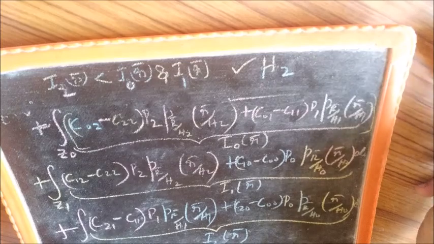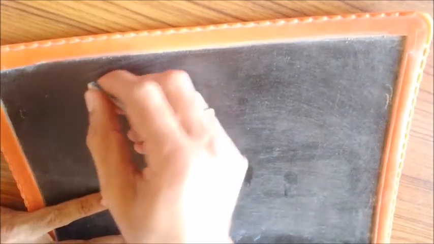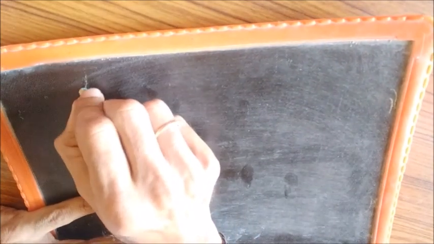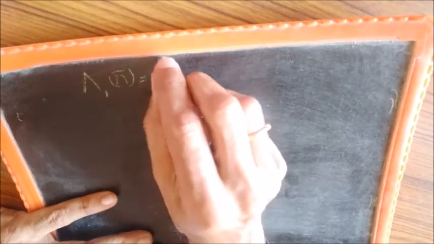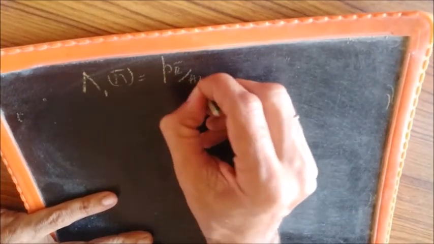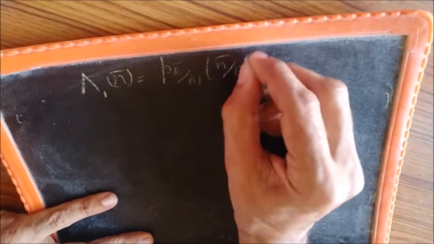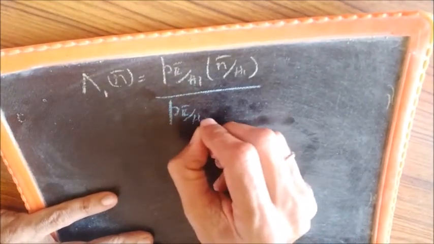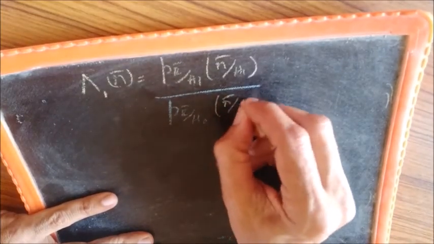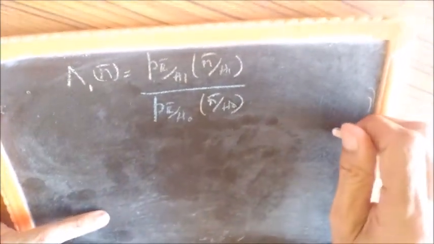Now, in the binary hypothesis testing, we had one likelihood ratio. Since here we have three hypotheses, there will be two likelihood ratios. So capital lambda 1, one of the likelihood ratios, we will define as the conditional density function of R given H1 divided by the conditional density function of R given H0. That is one of our likelihood functions.